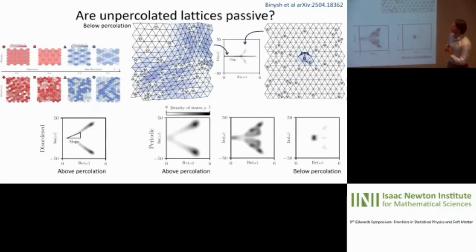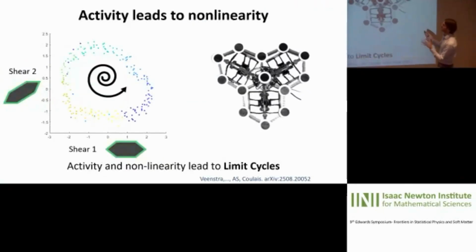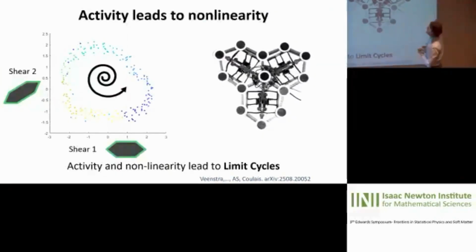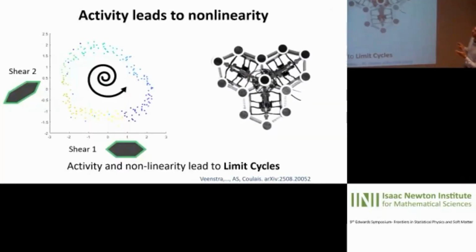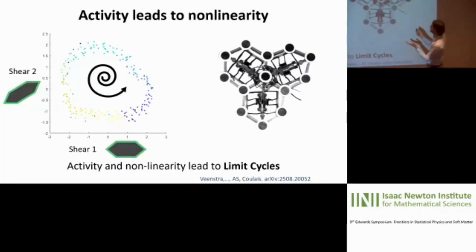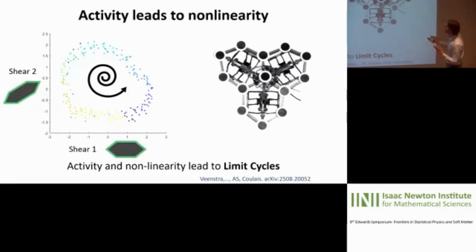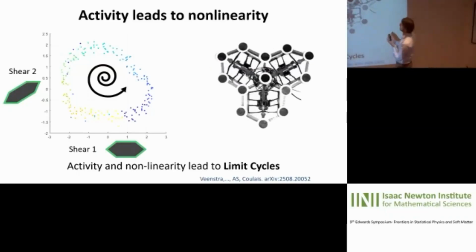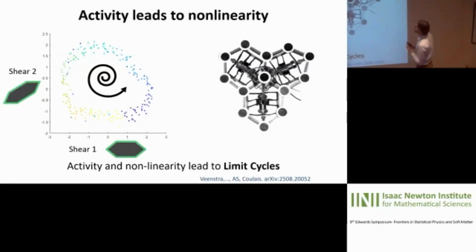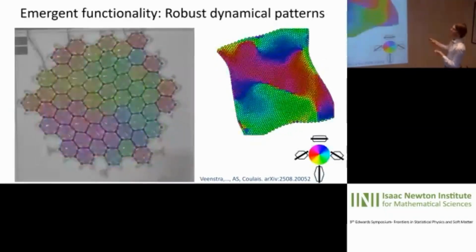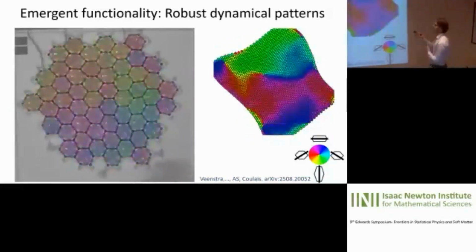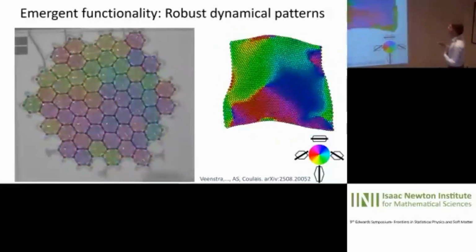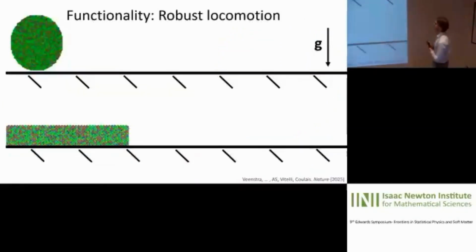All right, so maybe to conclude, you might ask, what is this good for? What sort of things can you do? And it turns out that these active materials have all sorts of interesting dynamics. And if you want to design this interesting active dynamics, you need to have this emergent active response. So for example, you have these limit cycles, and these limit cycles synchronize to form these interesting patterns. It's a much more recent preprint of ours that I won't